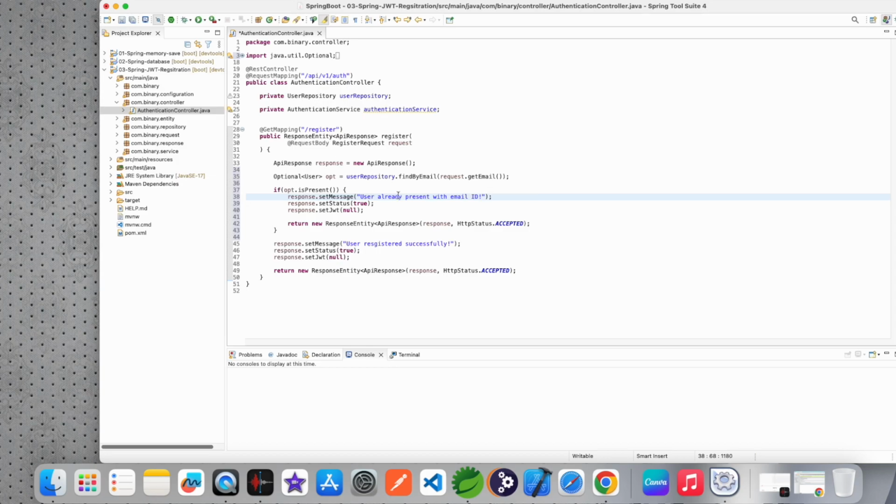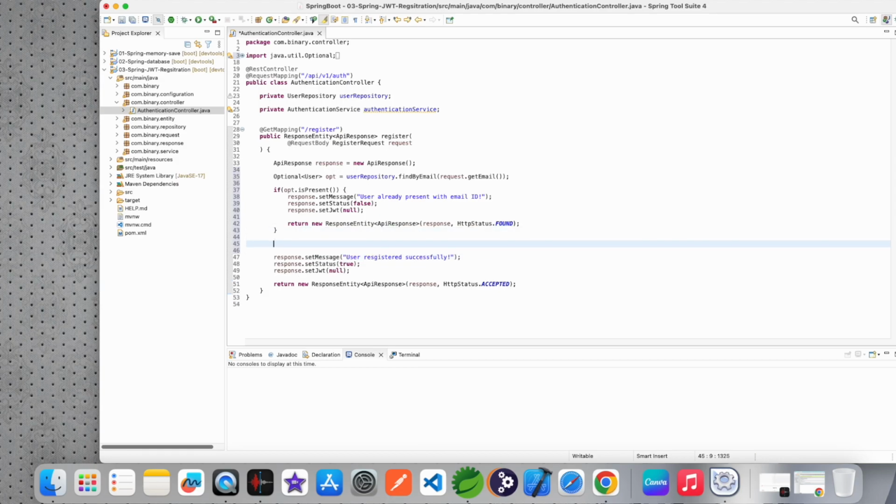I give a message to the end user. Status is false and JWT is null. I give this response entity and the exception found. And if the user is not found, then I simply